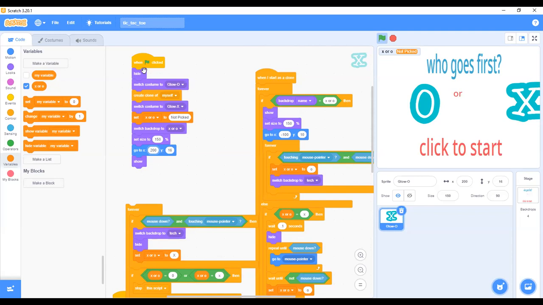Whenever we click the green flag, we want this to hide. Once it hides, switch costume to glow. Now you create a clone of yourself. That happens in the background, where you don't observe it, and then set this X to any costume that is not picked. Once that is done, set size to 150, go to X 200, and then show.